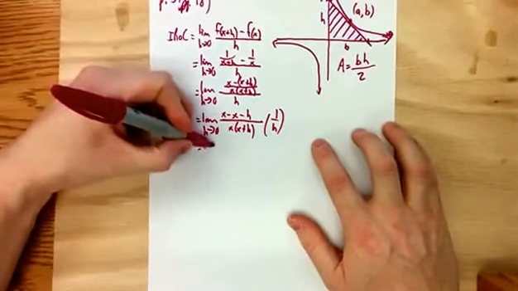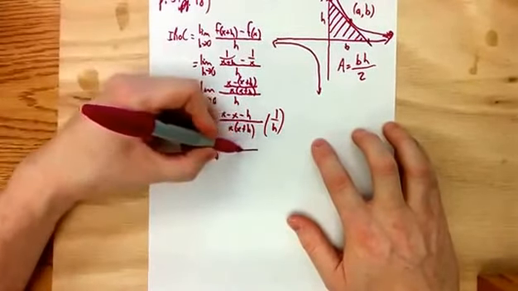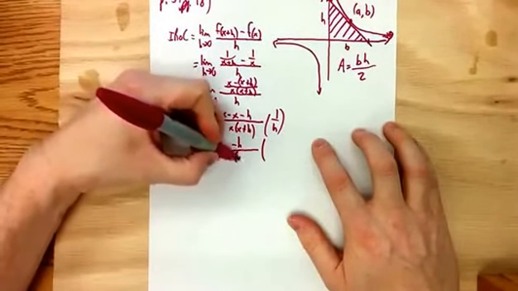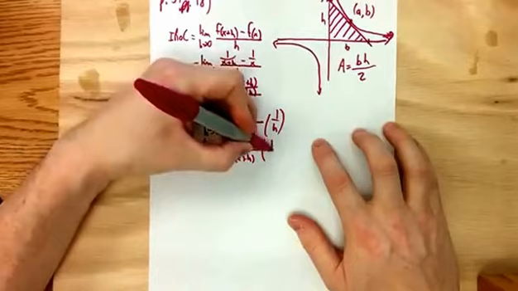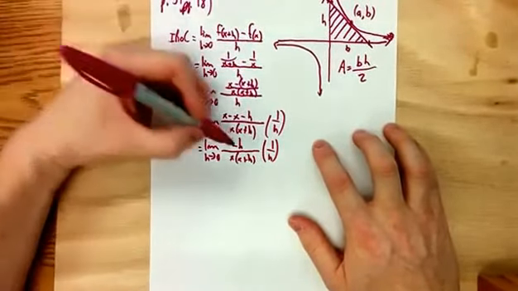So I'm going to simplify. I'll get x minus x, that's just going to be negative h. And we're not going to expand that denominator, and then we'll have 1 over h. So the h's are going to cancel,